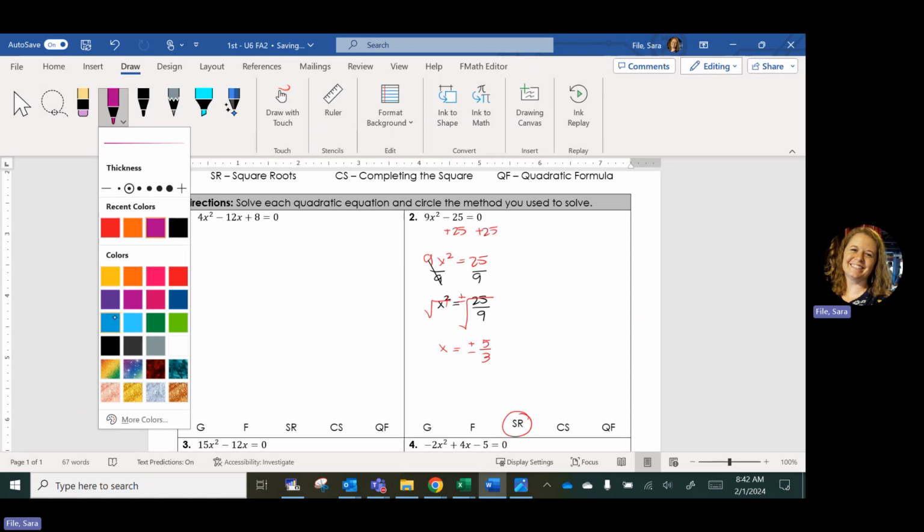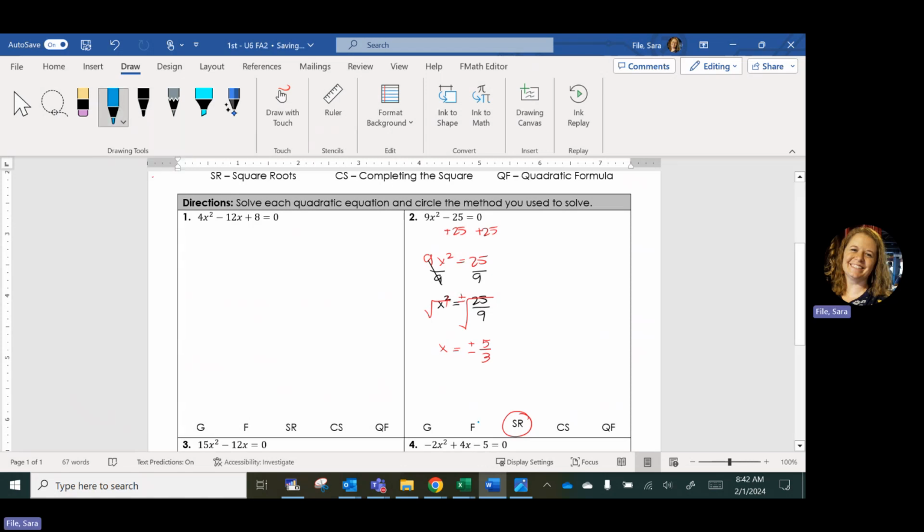I'm going to show factoring in a different color. Just for the sake of this, I'm recording this for y'all to study tonight. So factoring, because this is a perfect difference of two squares, it would factor, remember, difference of two squares factors